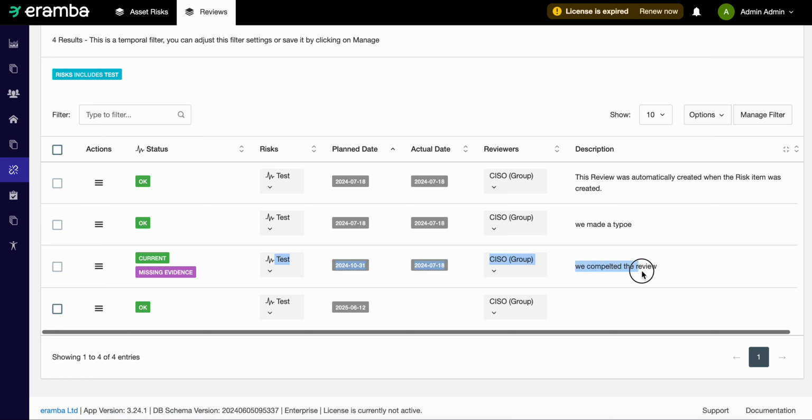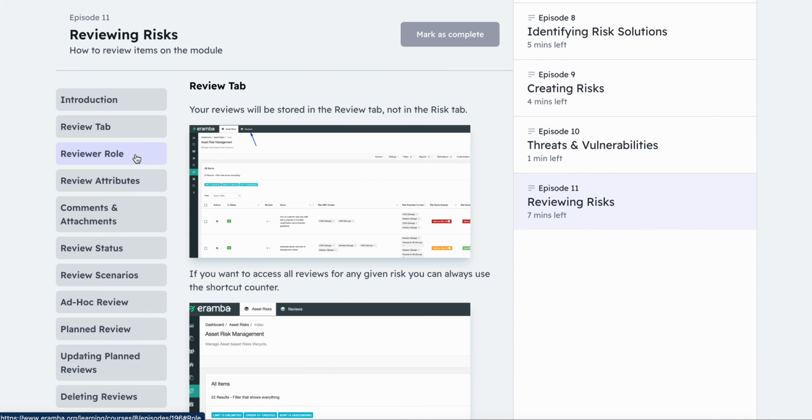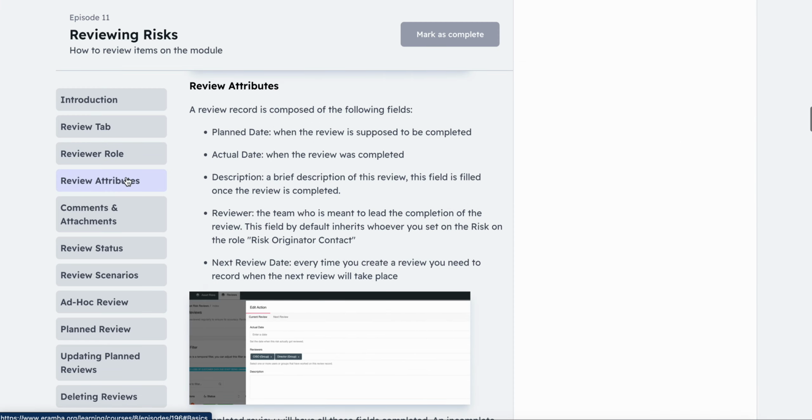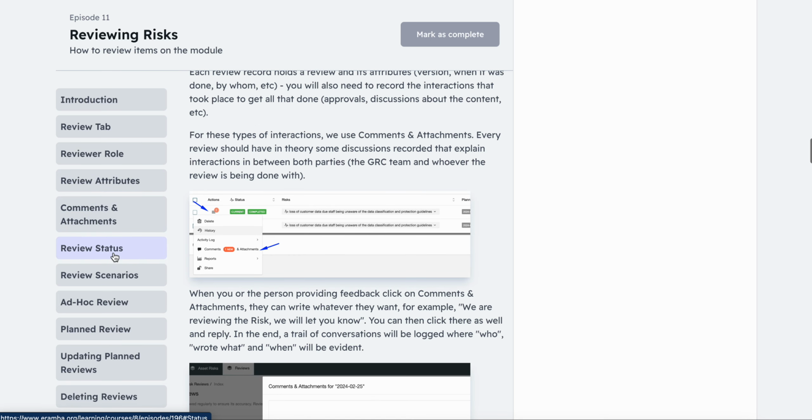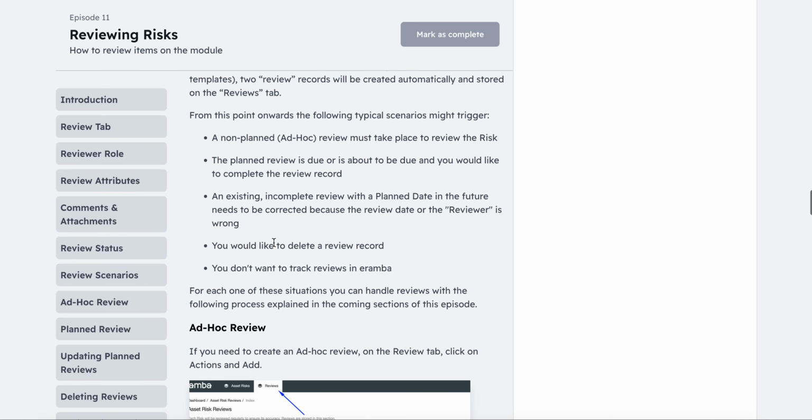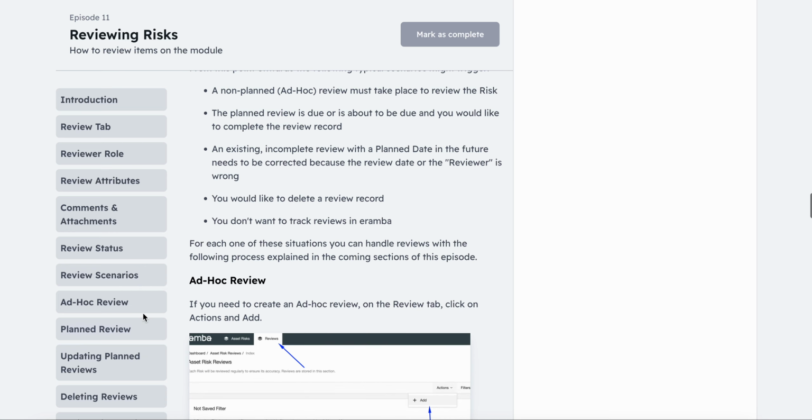When you run out of completed review records, you will be asked to provide a date in the future when you want to complete the new review. So there's always an incomplete review in the future. See this one here on 2025. Let me see if I haven't forgotten anything. So we discussed the roles, we discussed the attributes, so the planned date, the actual date, we discussed comments and attachments, we discussed the scenarios where we have an ad hoc review or we just have a planned review,